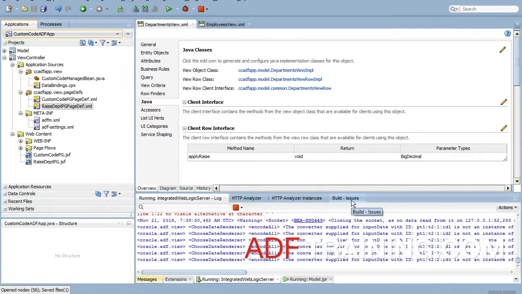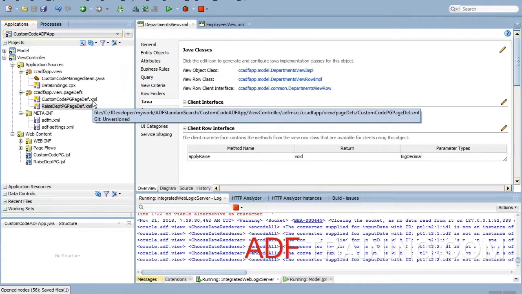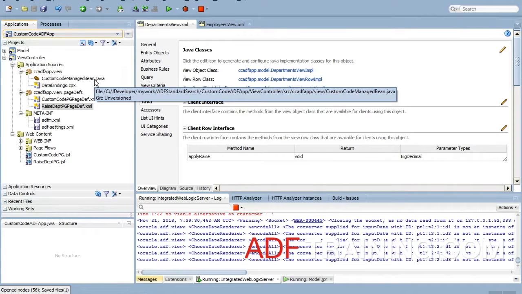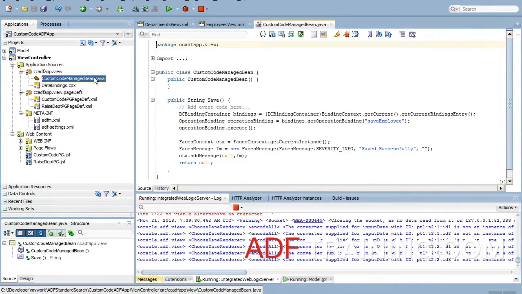This is Sudhakar. In this session, we are going to see how to debug an ADF application in JDeveloper. So we used to write system.out.println everywhere to debug the code. That's the crude way of debugging. But JDeveloper comes with an inbuilt debugger, so that we can use that to the maximum extent to debug our